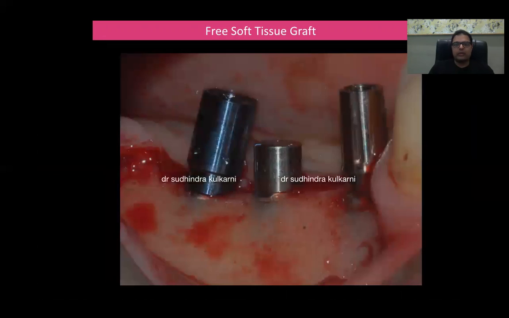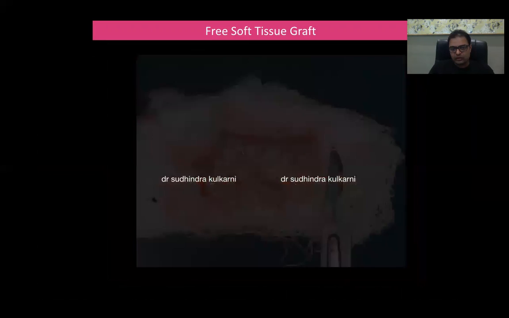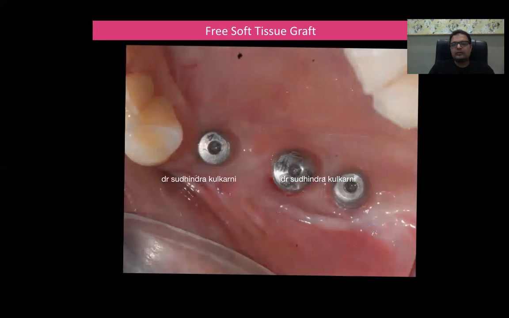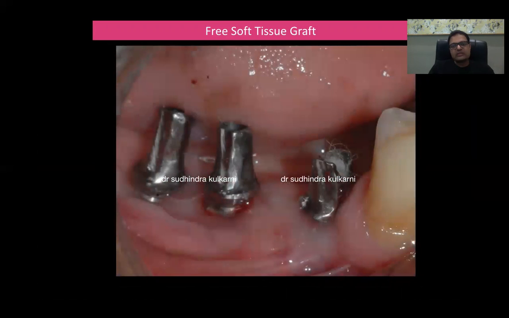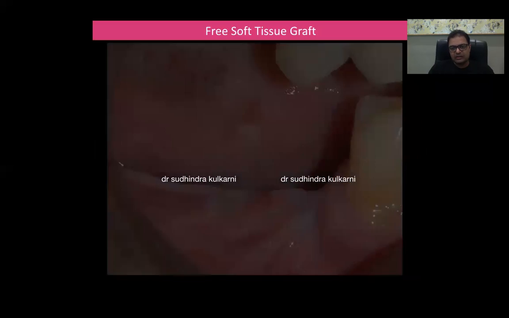This was done way back in 2009, I think. At uncovering, go to the palate, harvest a free tissue graft. We tuck it on the buccal and lingual, suture it, secure it at the base, and then that's the tissue. This is on the day we are cementing it. On the day of cementation, you notice that here,